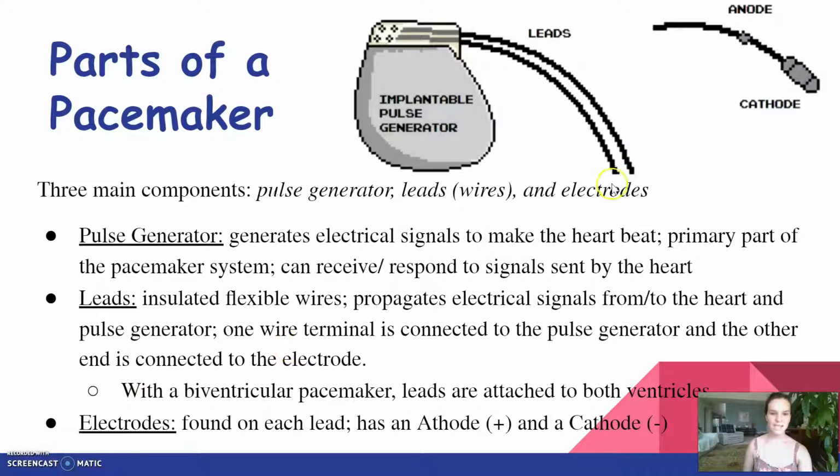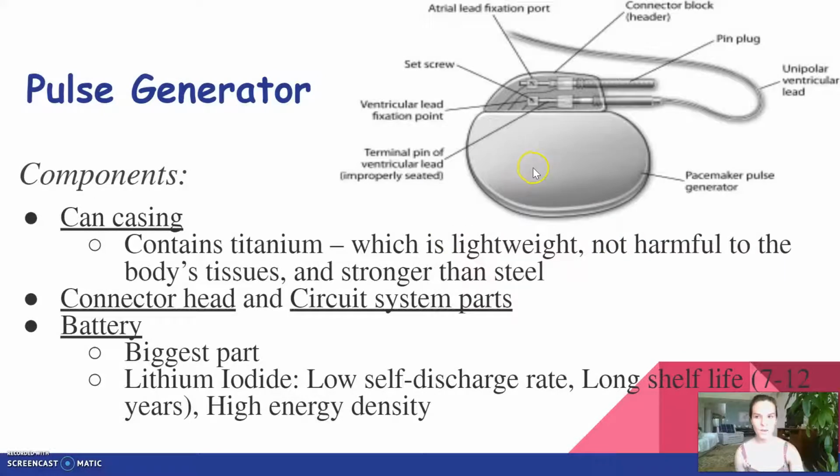Electrodes can be found on each lead, or each wire, and the anode, which is negative, will attract positive, and the cathode, which is positive, will attract the negative. The pulse